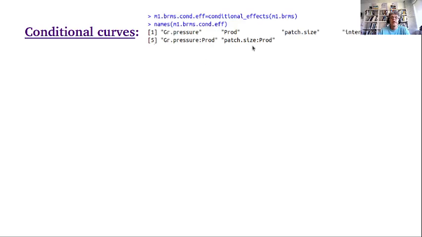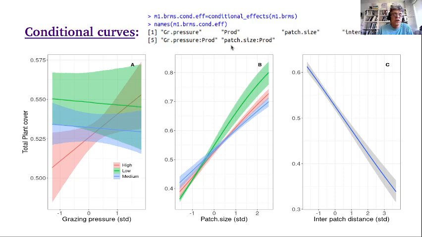We obtain a set of conditional curves, conditional effects, actually 6 of them, and we can select which of these conditional effects we want to illustrate. We show here just the interaction between grazing pressure and primary productivity, the patch size, the interaction between patch size and productivity, and the interpatch distance. Please notice that the range of the values on the vertical axis is different for the three plots. We see the relationships predicted by the model, which could be transformed into a commented output of the fitted